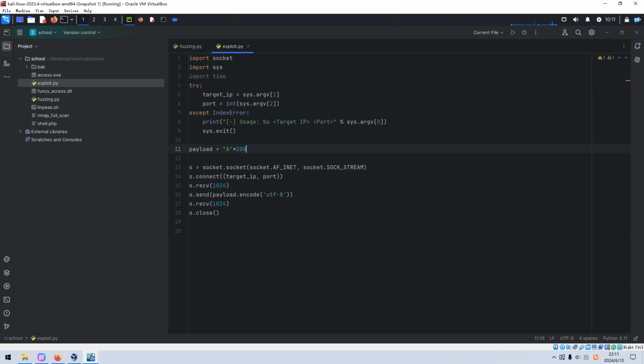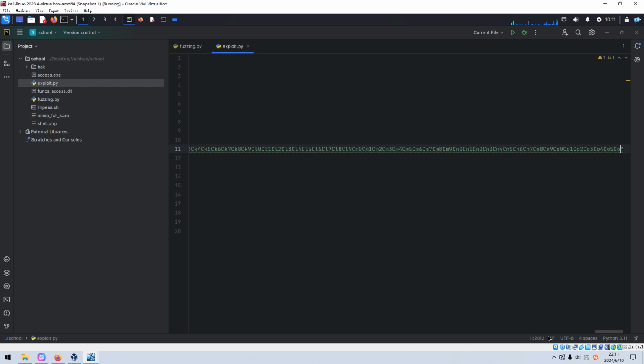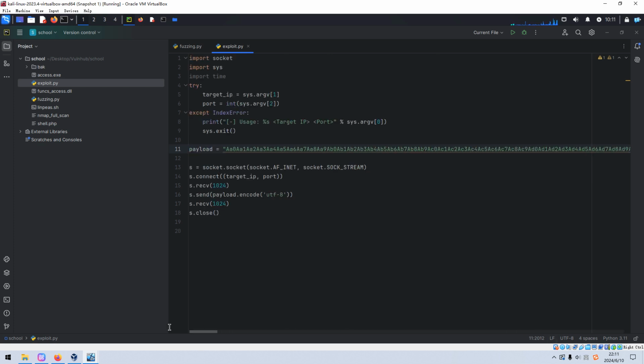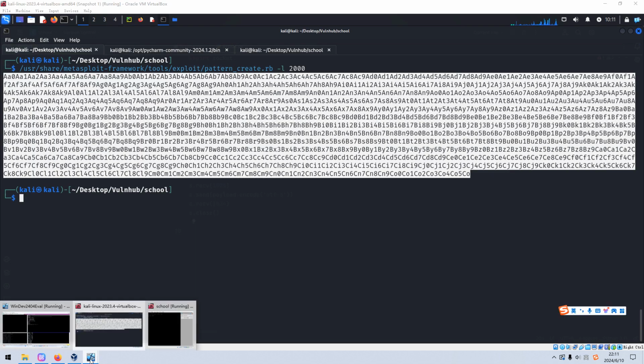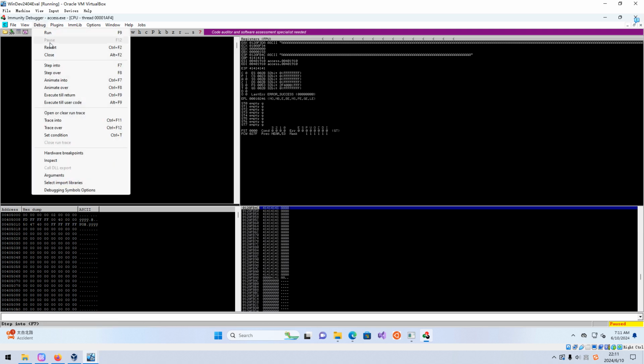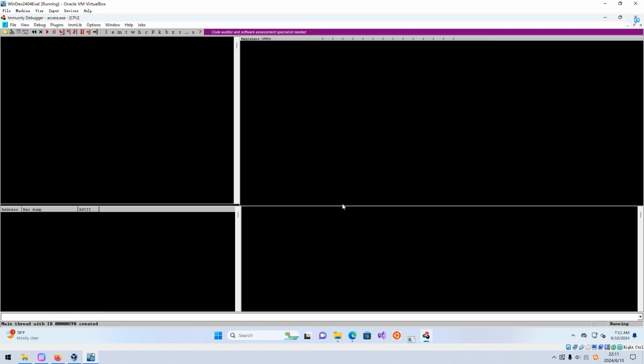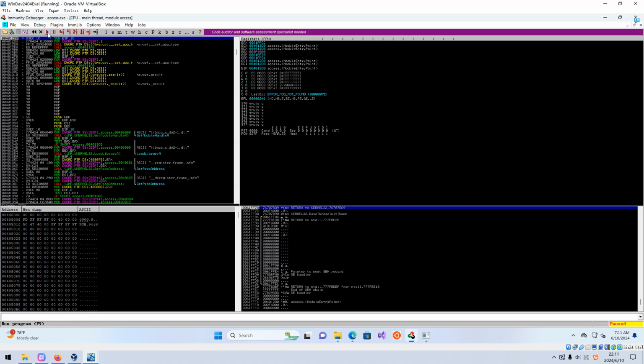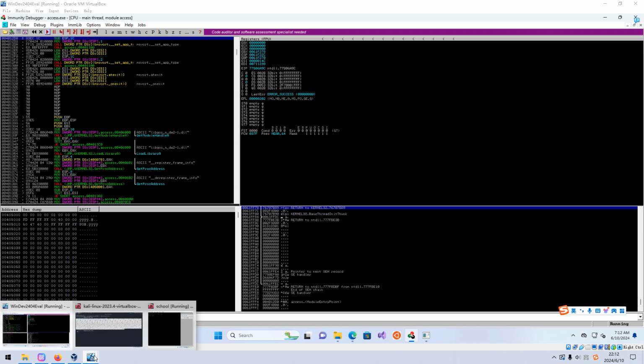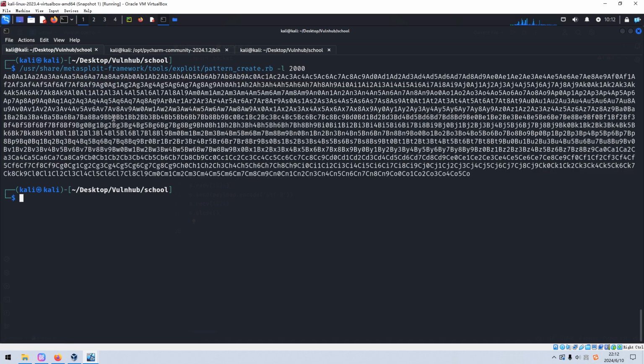So we can remove the old payload and replace it with our string. Okay, now of course we need to restart our process, make sure it's running, and then we can run the exploit.